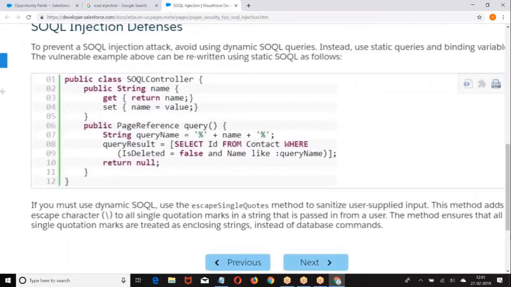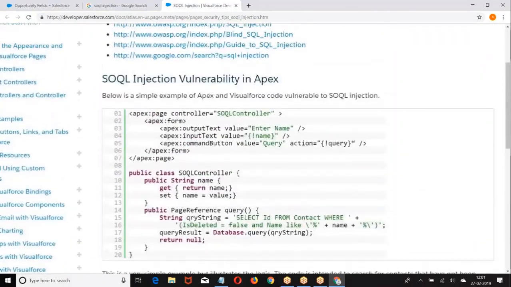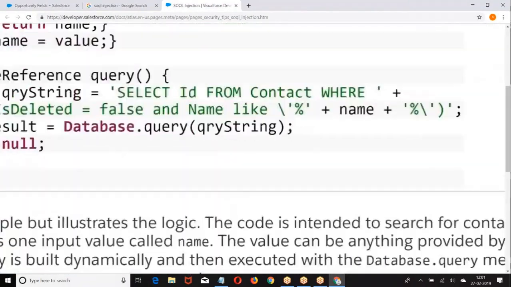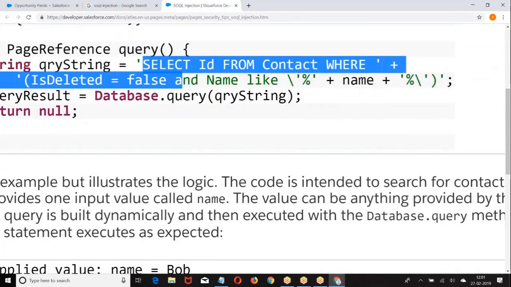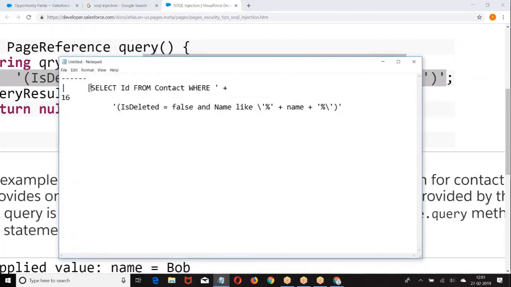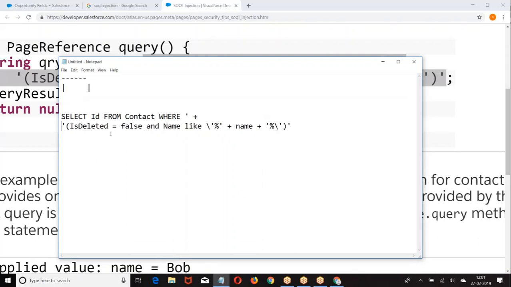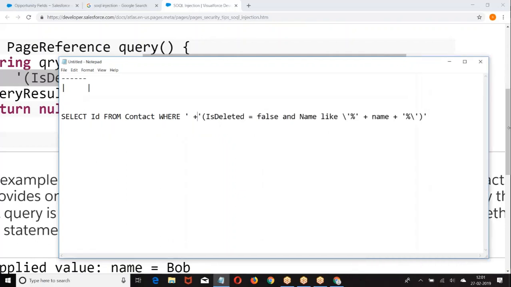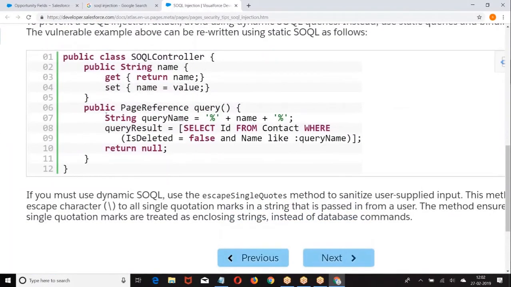Now, look at this. This is what they have given. A where name like query. Instead of giving the query like this, select ID from contact, the same query. Look at the same query. Instead of making it completely dynamic, make it like this.